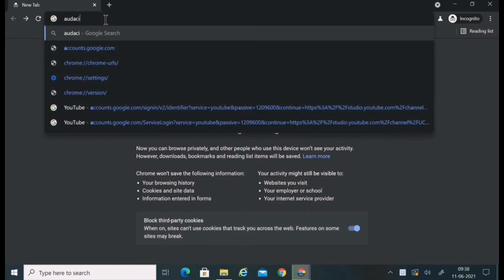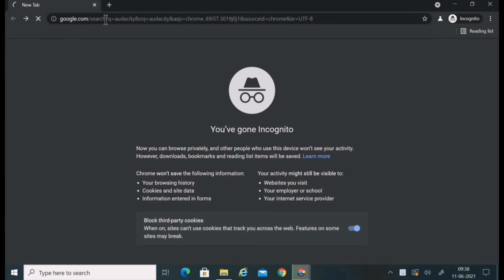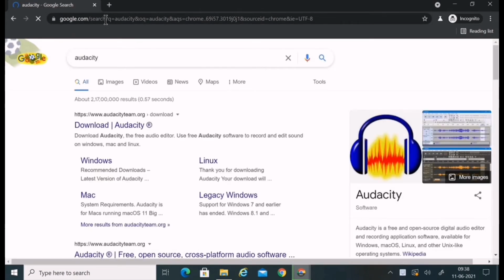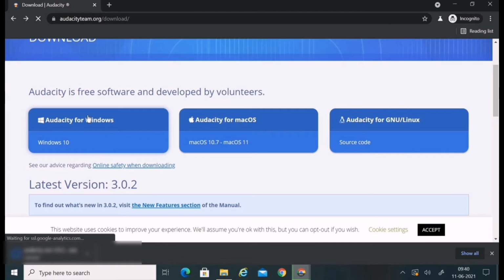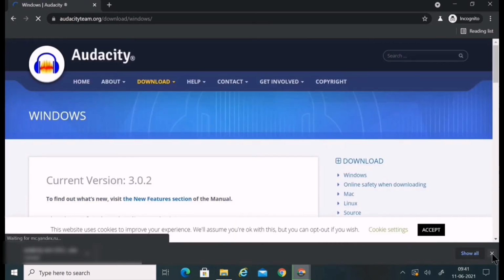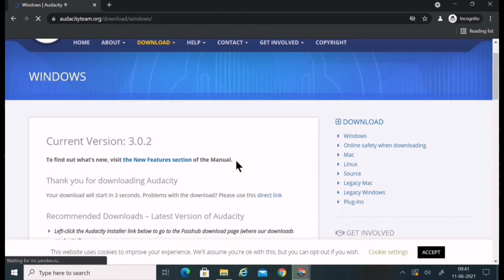Just type Audacity in Google. So there it comes, download Audacity. Just click on this. Here you can see Audacity for Windows 10. You can click on that.